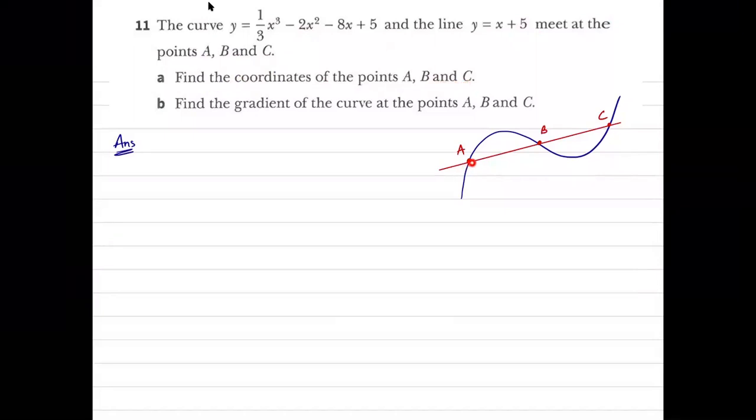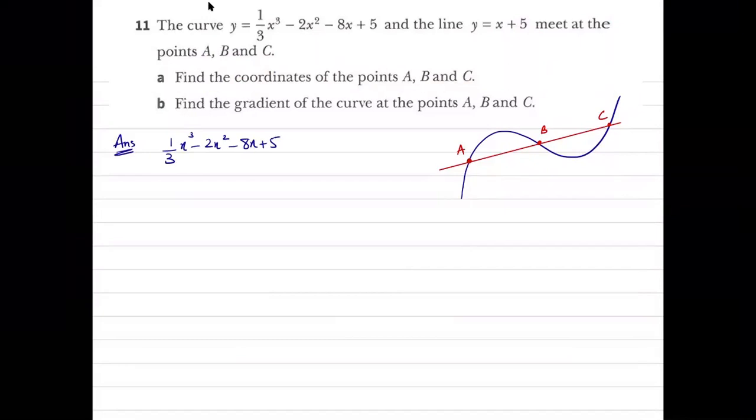तो याद रखना जब भी आपको points of intersection की बात करेंगे, you are going to solve the equations simultaneously. So we are going to equate the curve equation with the line, and we are going to solve the equations simultaneously. If we have two curves, then we are going to equate the two curves and then simplify the equation.